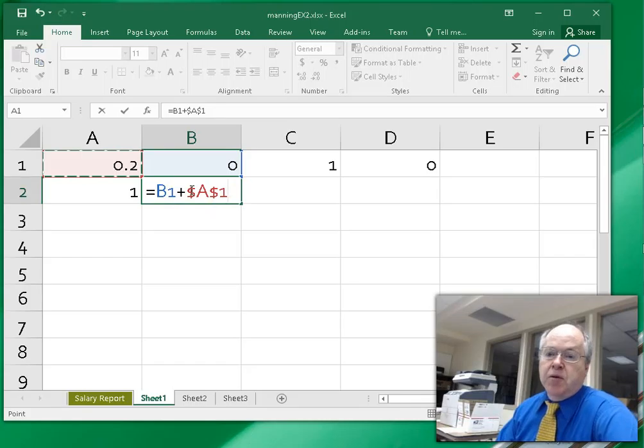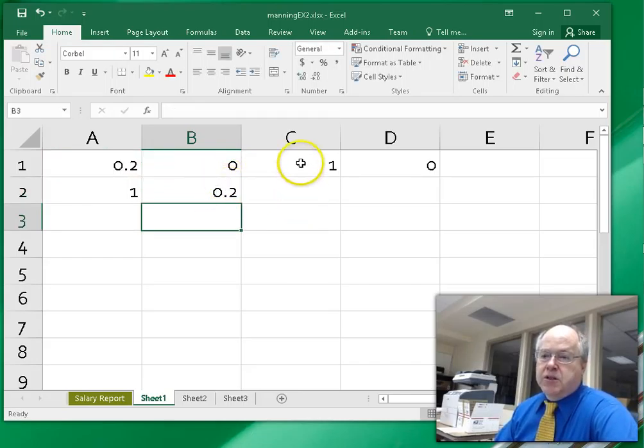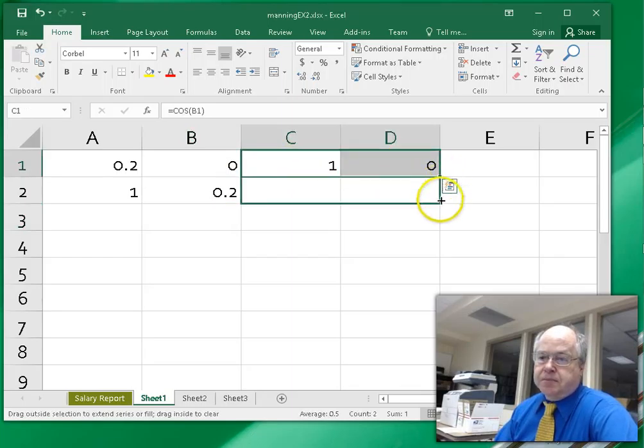There will be a problem when we'll be doing stickies on one or the other, and it will make a difference. But that's only when I'm copying a formula in multiple directions. Now I'm ready to copy these formulas down,